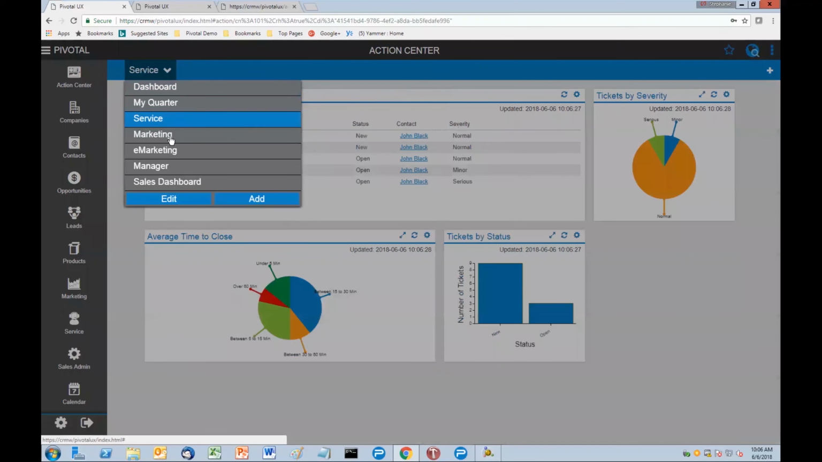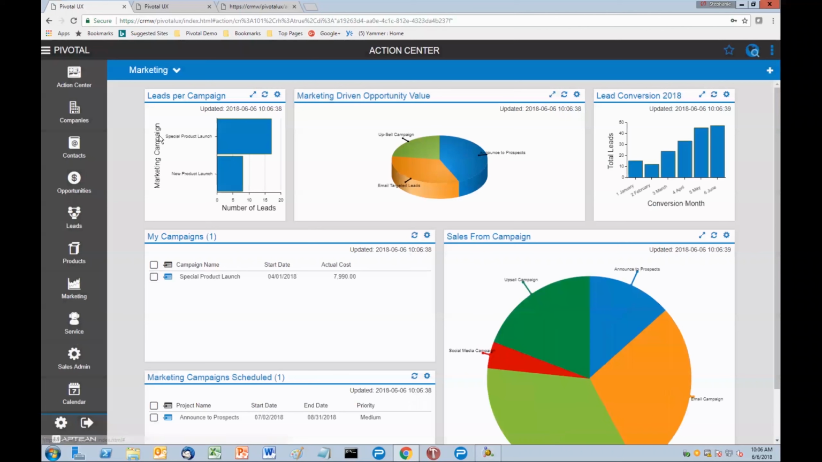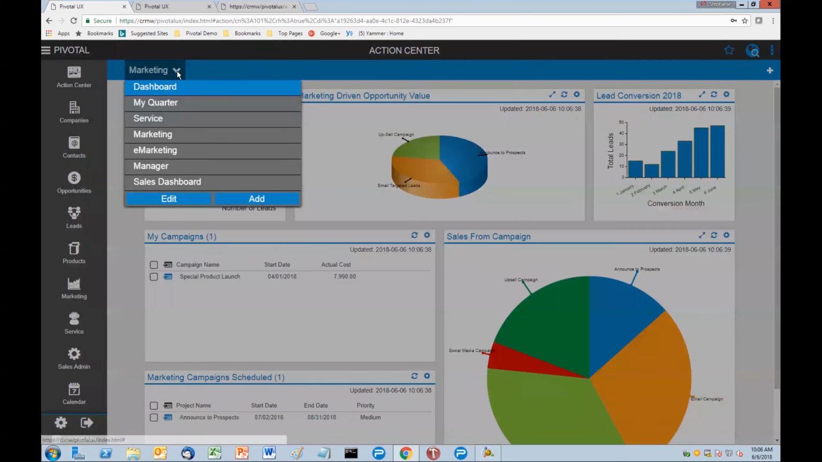Maybe we want to look at information on marketing as well. So we're pulling information from various points around the Pivotal application and bringing it into different dashboards for different user groups to have access to. Now, not any one particular user would probably have access to all these different types of dashboards, but I'm just giving you guys some options and showing you that you can have all different kinds of dashboards that are displayed